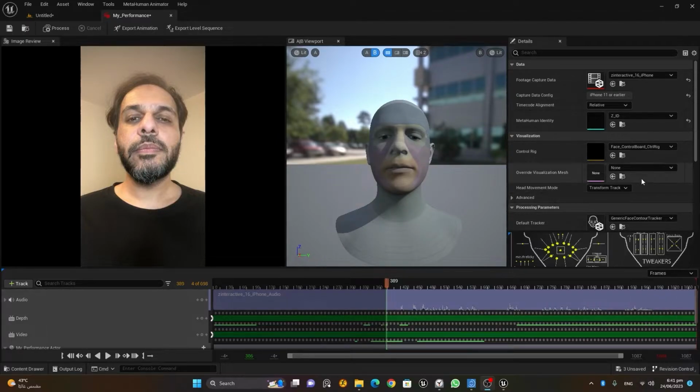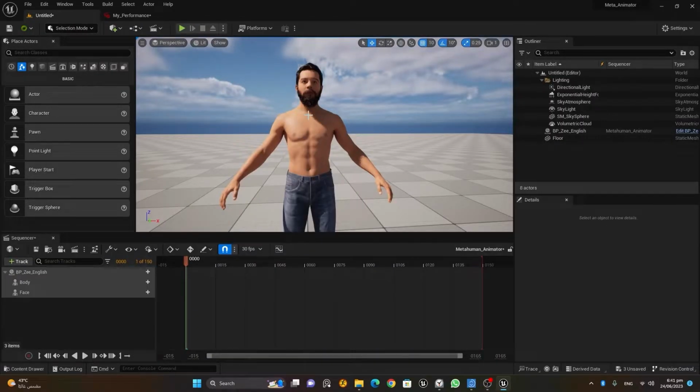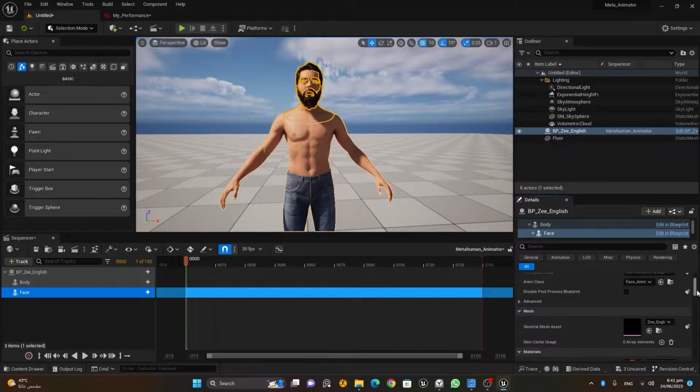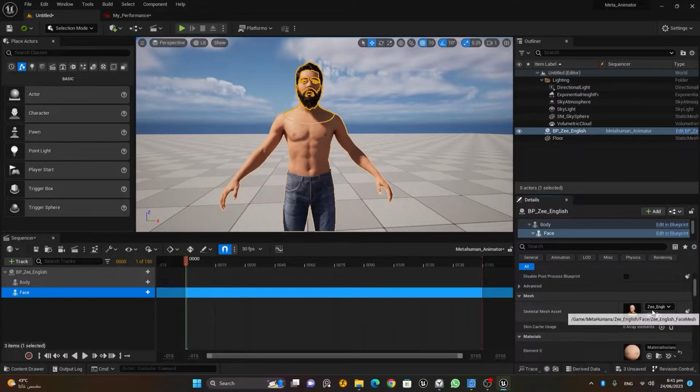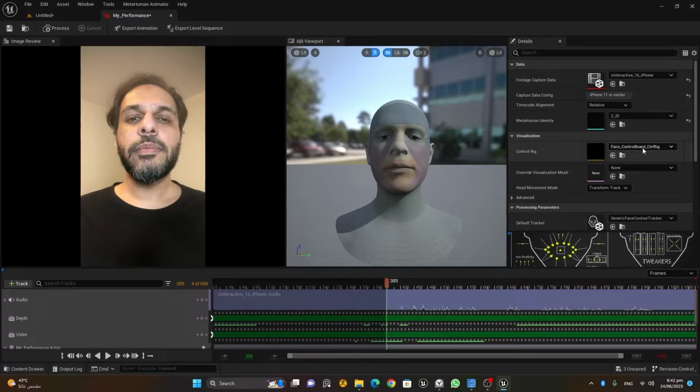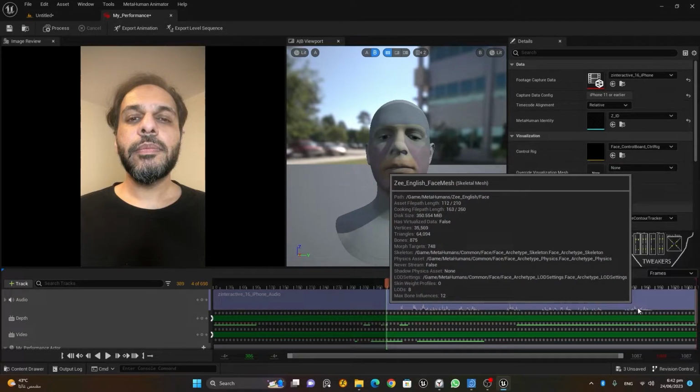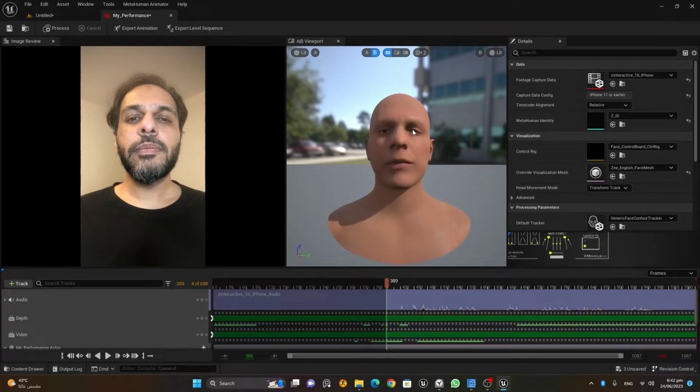Now, one thing we need here is, in the override visualization mesh, you have to choose the face of your Metahuman. If you go to your Metahuman here, the face basically is here, and it's called Z_English_face mesh. So I will choose this one. I will go here, choose this, click on it, and once it is loaded,